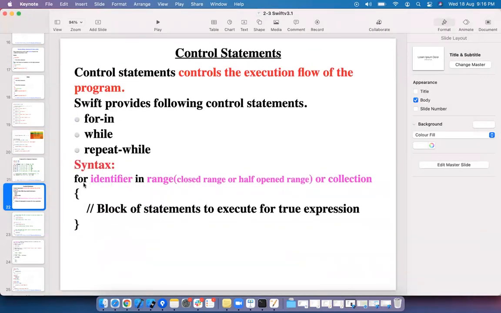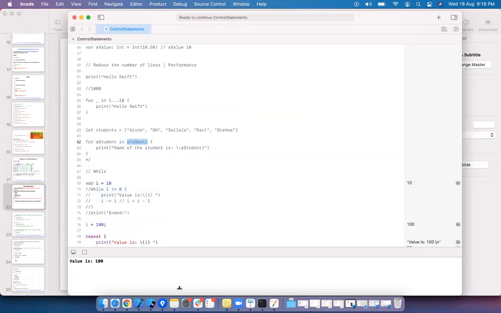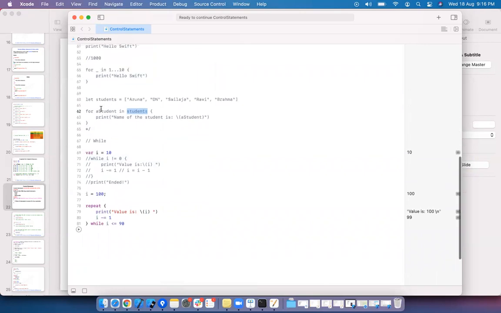This is the syntax: for identifier in range. The range could be a closed range or a half open range. Half open range we haven't seen. Let me show you what exactly the half open range is. This is a for loop.